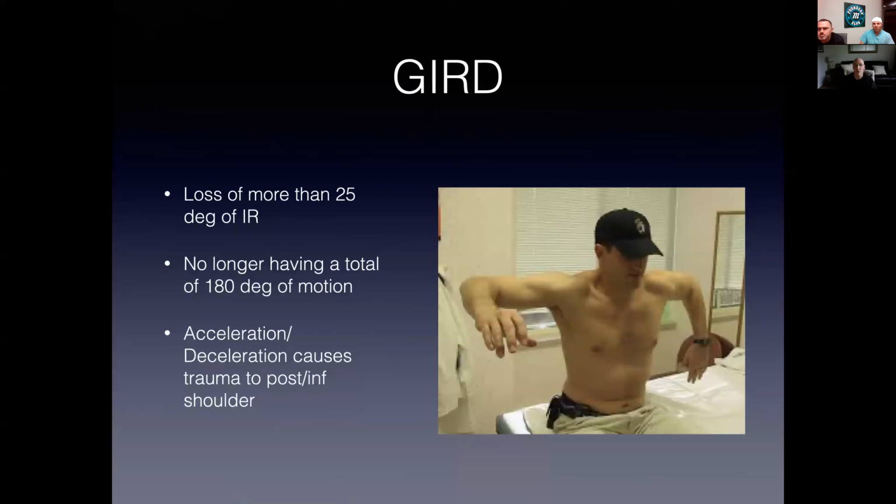So kind of go back to the internal rotational deficit. We believe that anything less than 25 degrees of a loss of internal rotation, or not having 180 degrees of a total arc of motion, is what our quote unquote danger zone is. And basically why this happens is, like we talked about that acceleration, deceleration, when you follow through, you have to contract the muscles as the arm sort of, for lack of a better term,